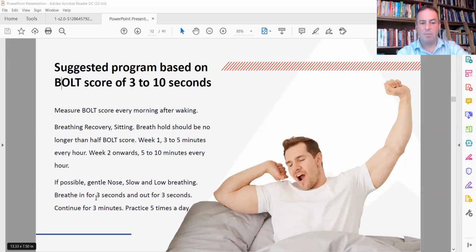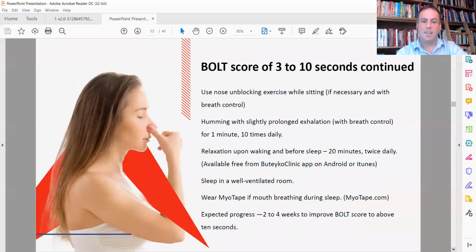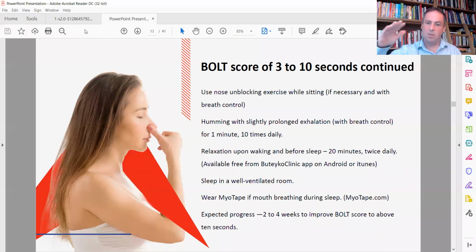And the only reason that I've put down 3 seconds in and out, a breath every 6 seconds or 10 breaths per minute, is because the Bolt score is between 3 and 10 seconds. Now, with a higher Bolt score, so you're practicing doing the small breath hold exercises, and as your breath hold time, your Bolt score starts to increase, then you can spend a little bit more time